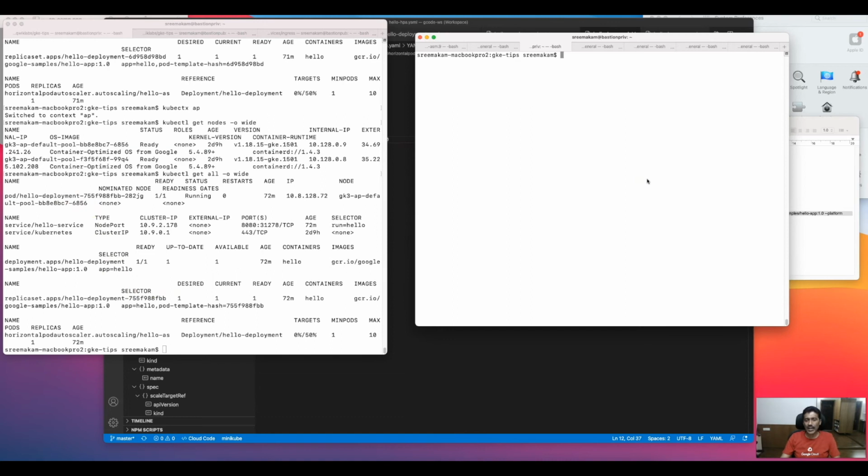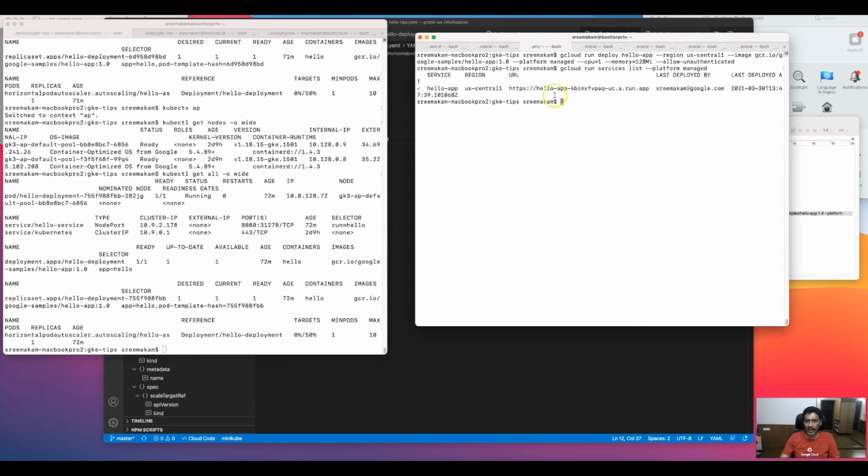Now that we have seen how to deploy in GKE and GKE Autopilot, let's look at how we deploy in Cloud Run. If you look here, I have already deployed the application. I'm just showing you here how you deploy this. All we are doing is using gcloud run to deploy this application. Now if I look at the services that I'm running, this is my service allohab, and this is my URL endpoint that I'm going to access it.